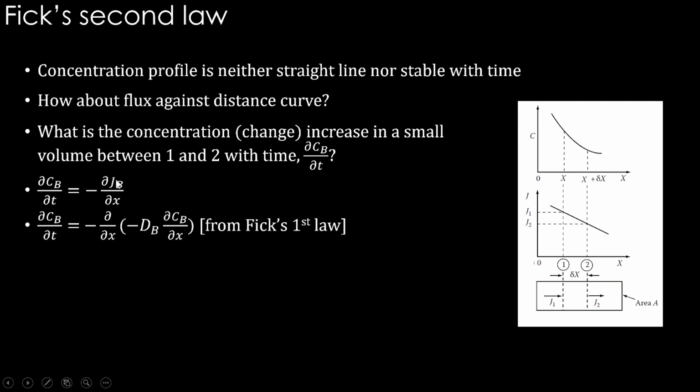And when we write the flux JB at every location, we can see what is the JB based on at every location, what is the ∂C/∂x. So the concentration gradient we can take from Fick's first law, and we can calculate what is the flux at every location. If this can happen, then we can put this equation and simplify it to this form. ∂CB/∂t is equal to the diffusion coefficient multiplied by ∂²CB/∂x². Okay, distance is here, time is here. So this is Fick's second law.